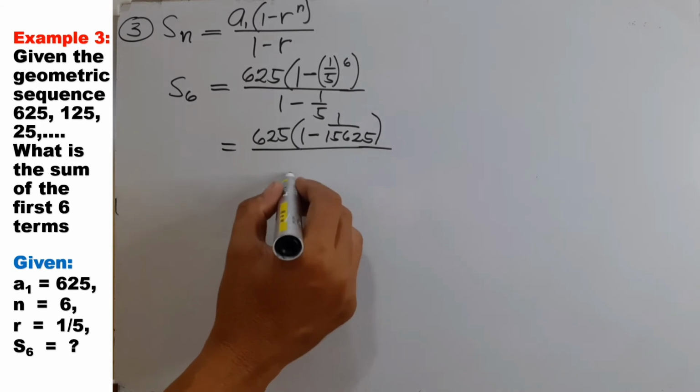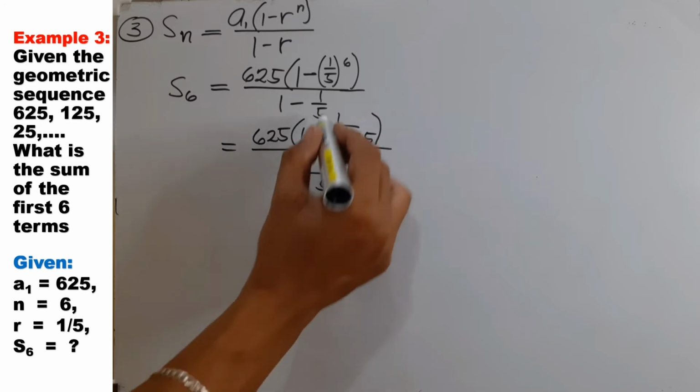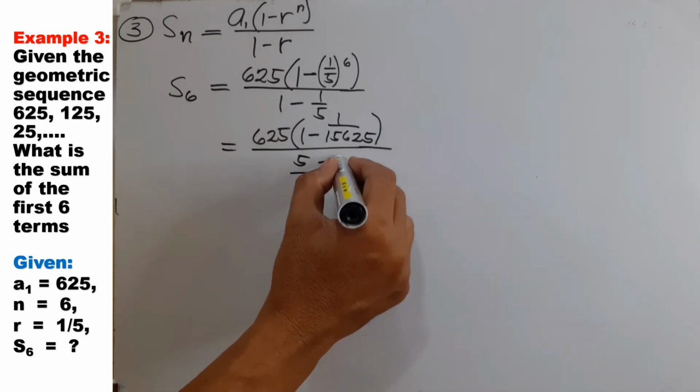For 1 minus 1/5, 5 is the LCD, 5 times 1 is 5, 5 divided by 5 is 1 times 1 is 1,